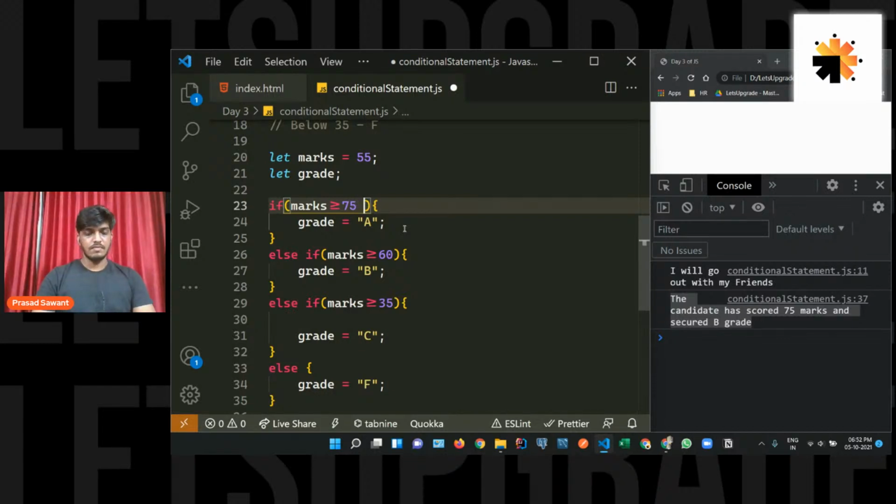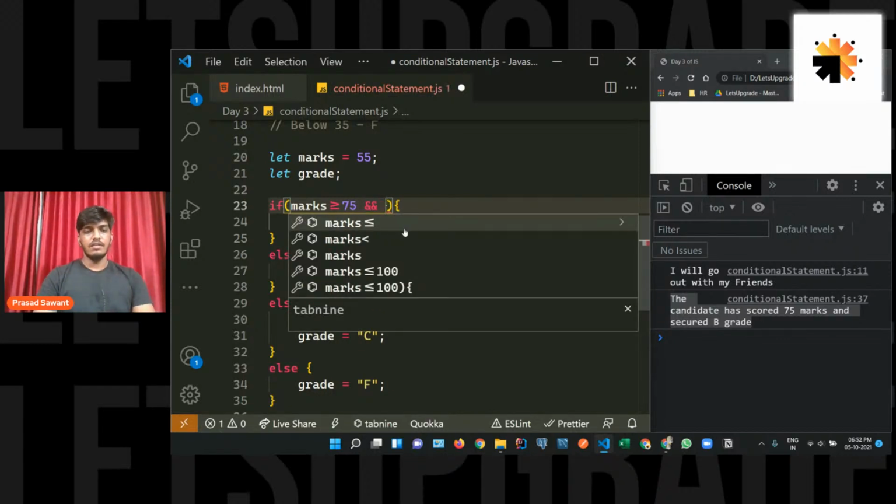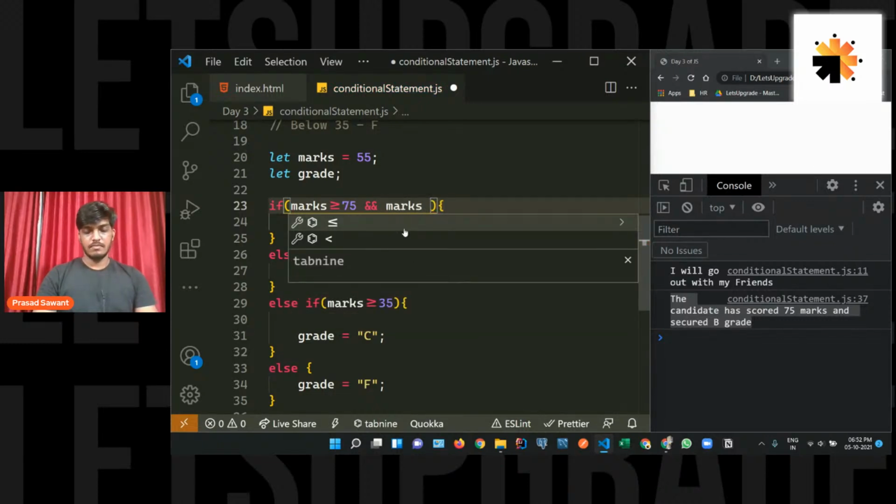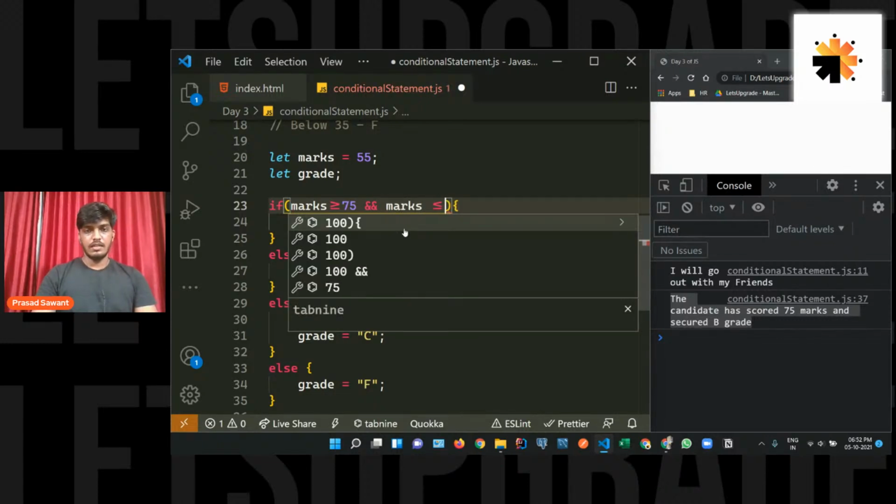Let's continue with this. We will write an and statement. We want to check both the statements. And marks is less than or equal to,